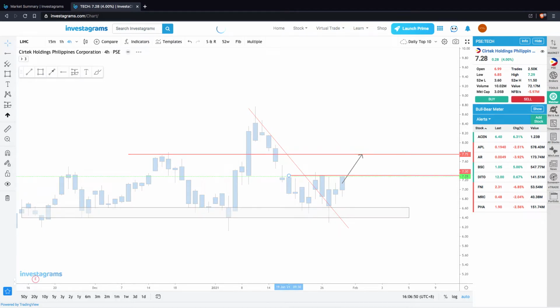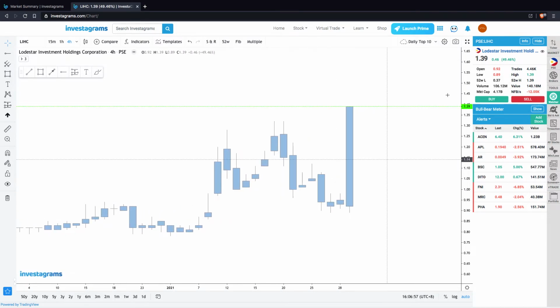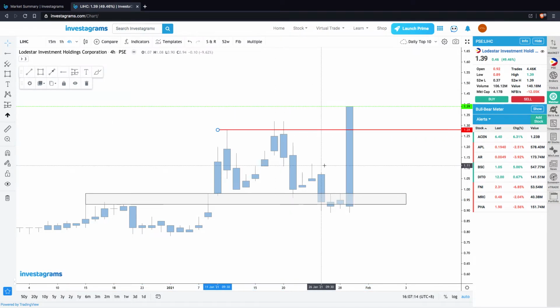Up next we have LIHC, a newcomer on the daily top 10. Wow, what a big candle that they made this thing do. So yeah, we have a resistance level right here, but it has turned support for this area right here, it became support. Let's plot our resistances as well right here. So it just went on a big range, but this time,